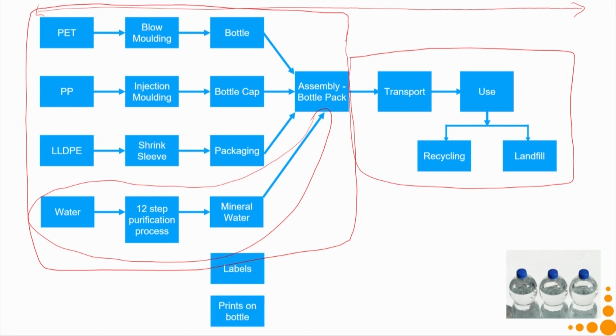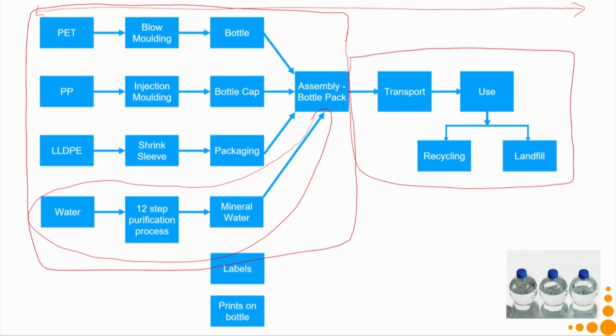Yes, of course. All these bottles will have some kind of a label on top of it. The label gives you certain information, and other information which is liable to change, like manufacturing date, expiry date and so on, is printed on the bottle using an ink. So, there are prints on those bottles. So, they again have materials and production processes. Here in this case it is also important to see what all components we need to consider and what all components we can ignore.